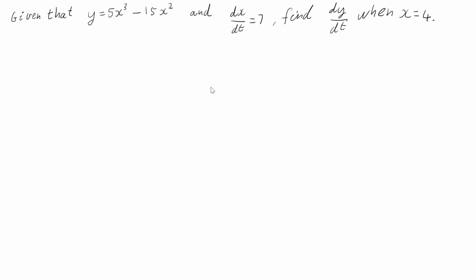Hi, in this video I'm looking at this problem here where we are given that y equals 5x cubed minus 15x squared, and we're told that dx/dt, so the change of x with respect to t, is 7. We want to find the change of y with respect to t when x equals 4. So what we're chasing is dy/dt,